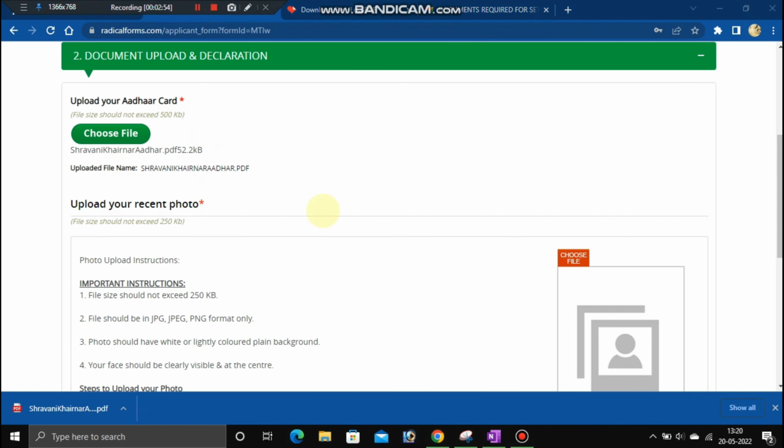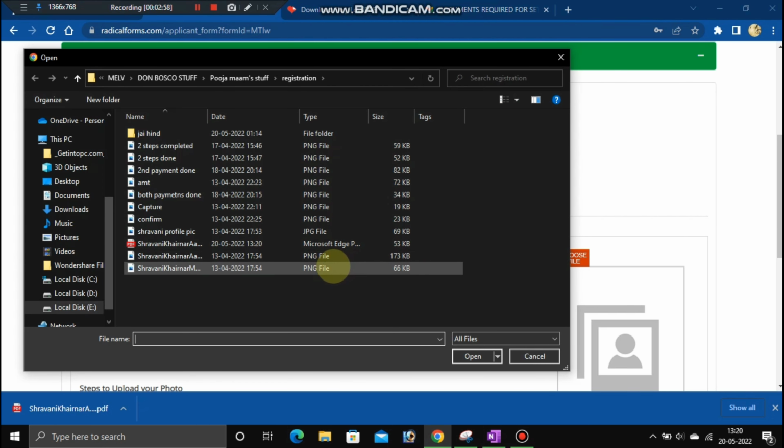And so you can upload the correct file in your Aadhaar card column, followed by a profile picture, which has